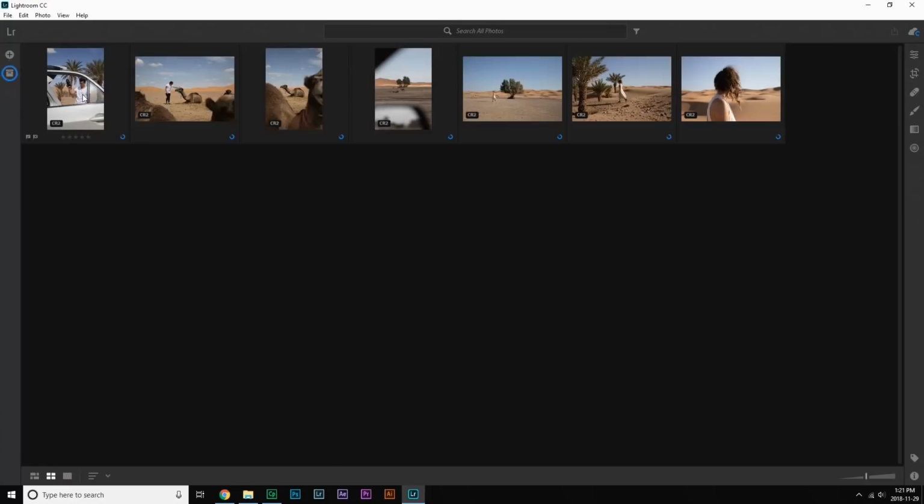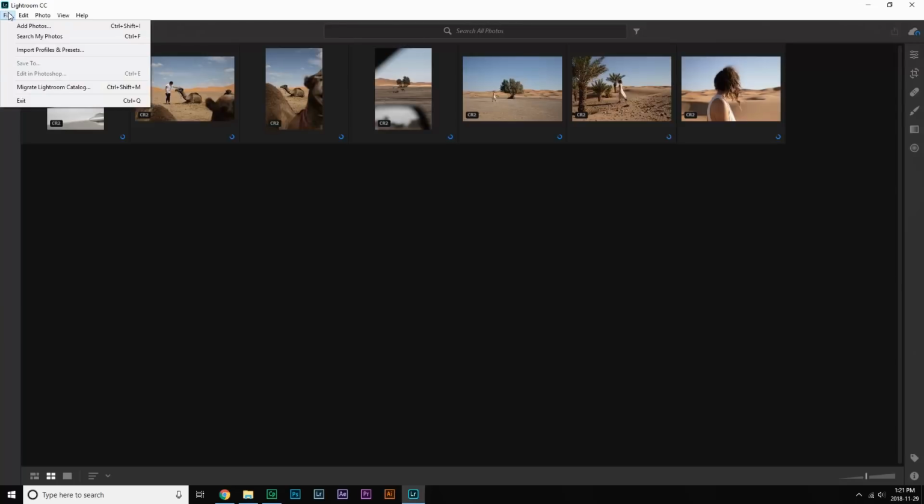Just a quick side, if you want to use these presets on your phone, you're going to have to use the other Lightroom program. So that's Lightroom CC. I'll open that up right now. And to get them into Lightroom CC, all you have to do is go to File, and then Import Profiles and Presets. You import your presets into the program, and then all you have to do is go over here